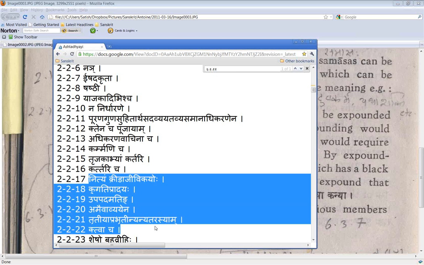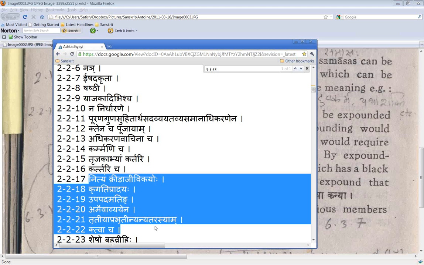There's another section where those compounds cannot have a vigraha vakyam. There is kumbhakaraha. You cannot say kumbhasya karaha. You have to say kumbham karoti iti kumbhakaraha. So ushna bhoji: ushnam bhunkte tachilyena iti ushna bhoji, one who eats hot food all the time. So these compounds cannot be expressed directly using their same term.